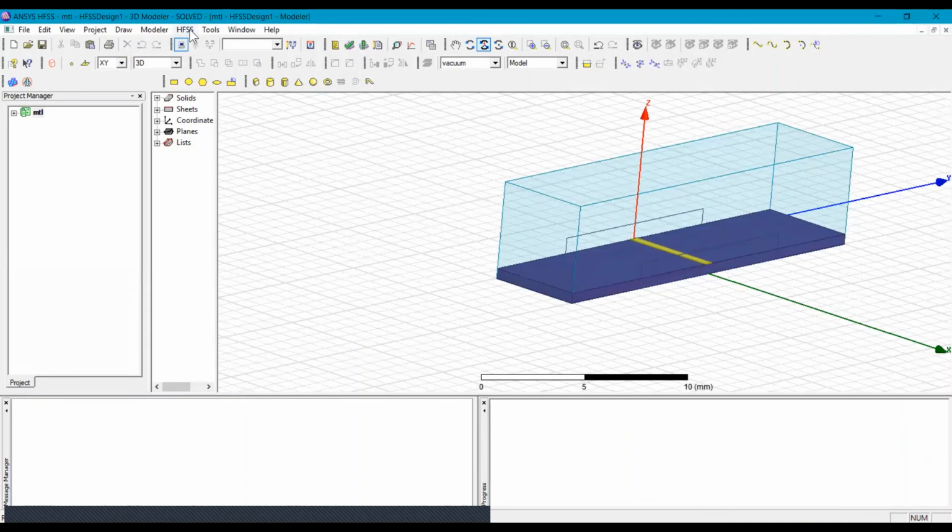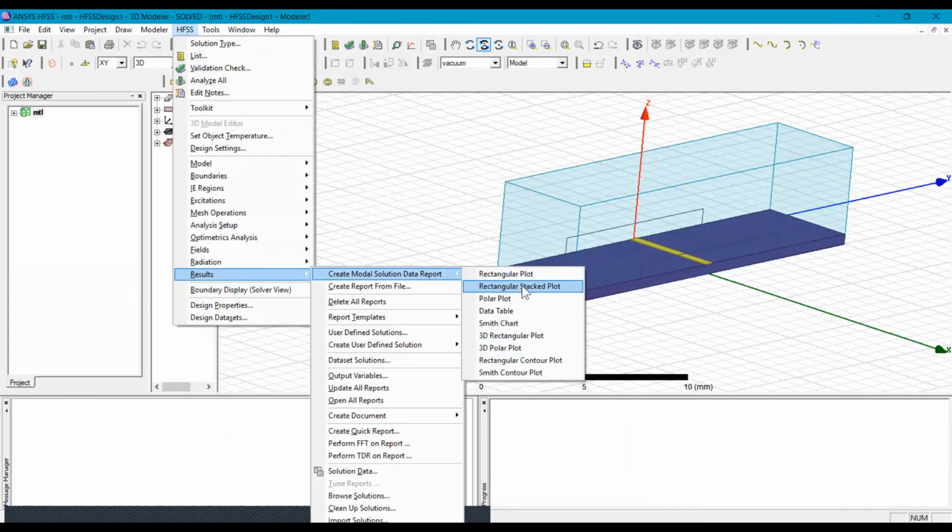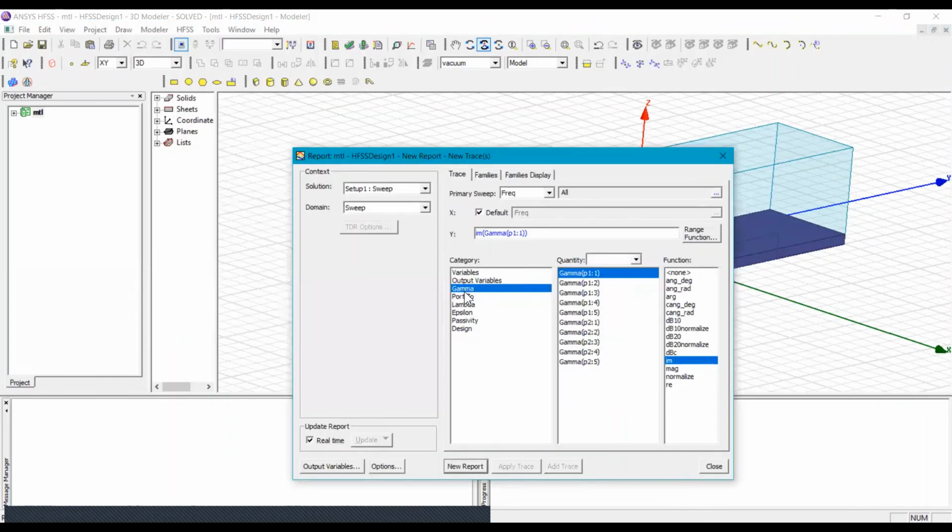Now after completing the simulation, again we will see the results in the rectangular plot. In the category menu, we will select gamma, and now we will see the variation due to change in the width of the port only on the single mode. So we are selecting the first dominant mode, that is gamma 1,2, and here we will select imaginary.